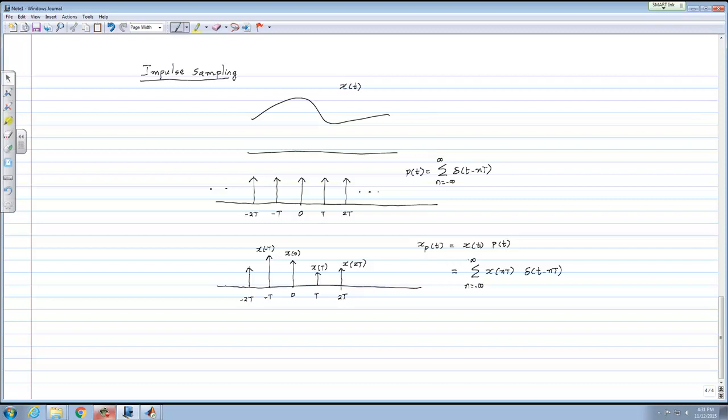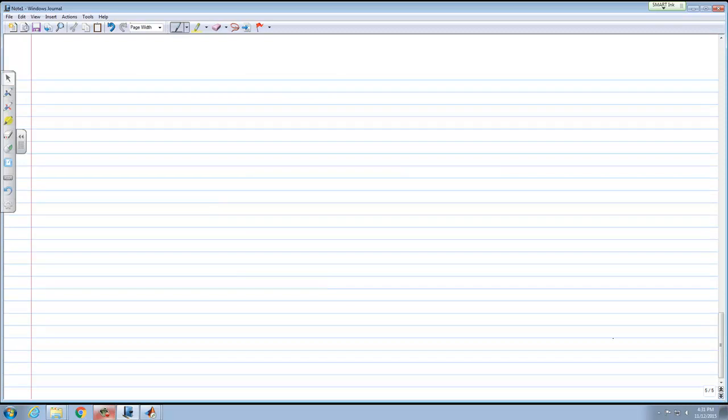So let's look at the Fourier transform of all these three signals. Okay. Let's start with the Fourier transform of x. What do we know? I mean, x has some Fourier transform. We don't really care what it is. But what do we know about the Fourier transform of x? We know that it is 0 outside of a certain interval. So let's say this is my X of j omega. This is omega m. This is negative omega m. You agree?